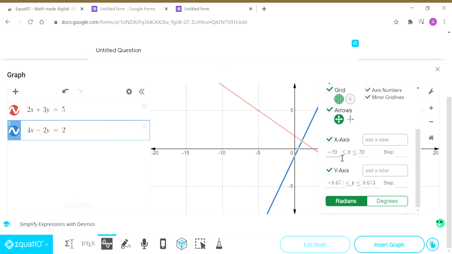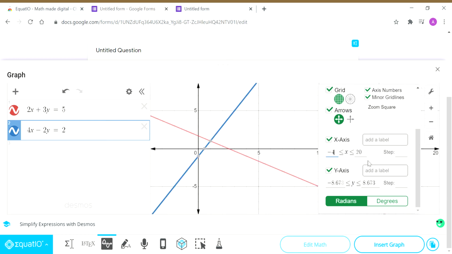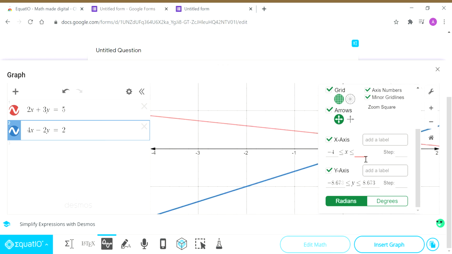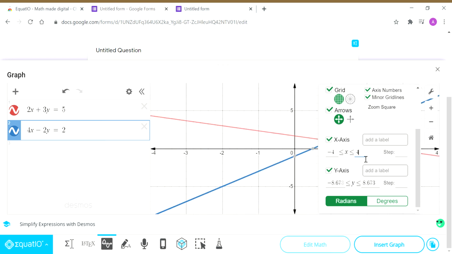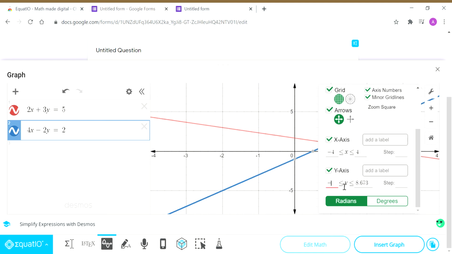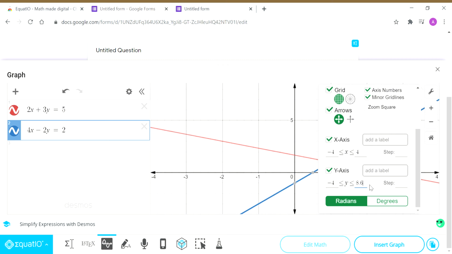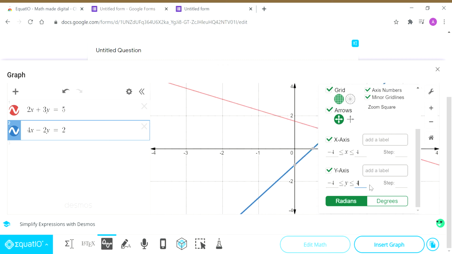Now for the x-axis, what should be the leftmost? I want leftmost minus 4 only and rightmost 4, that means the x limit is minus 4 to 4. Here also the same, I want minus 4 and plus 4. And the step means the difference between two main units should be 1 only.